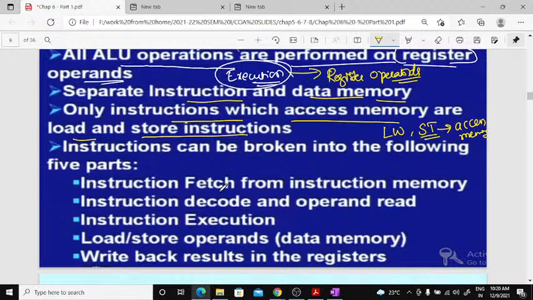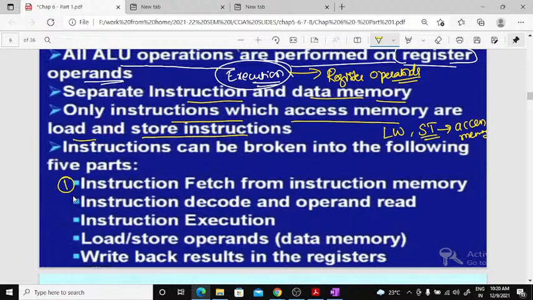So the instruction can be broken into these 5 parts, like one is instruction fetch